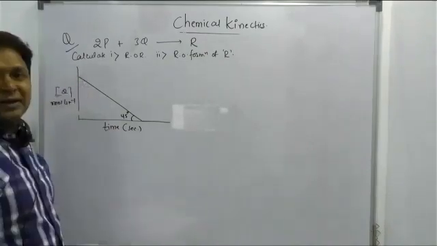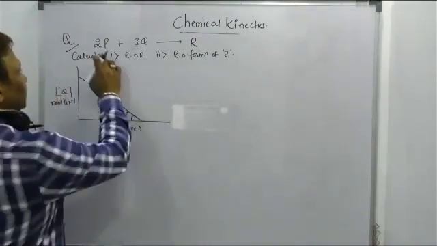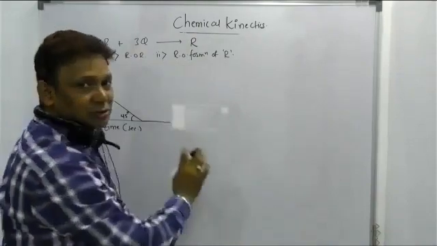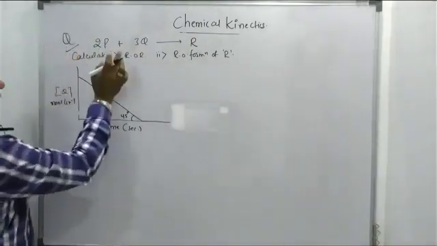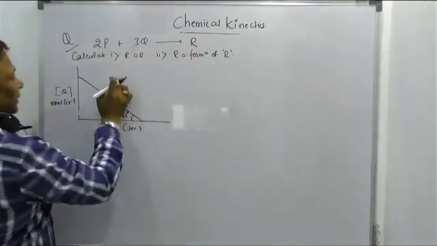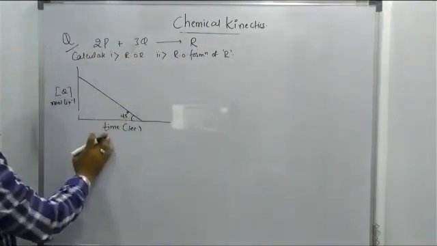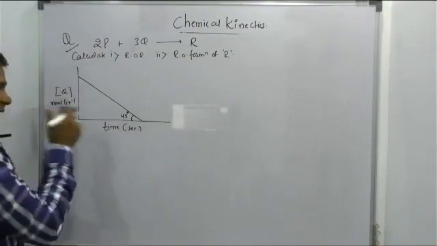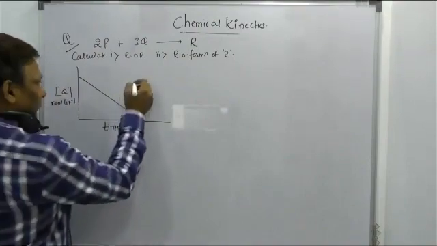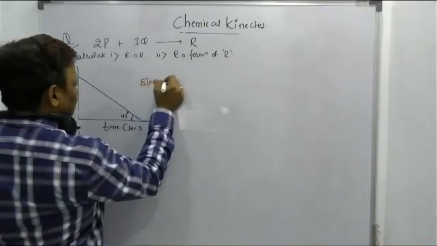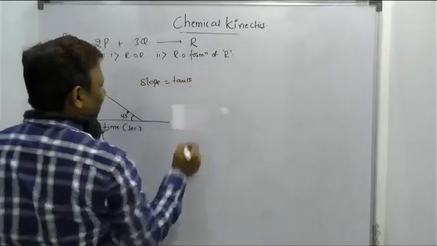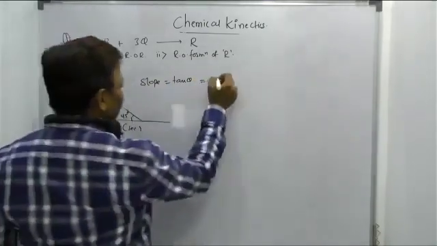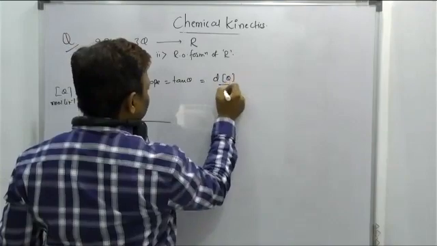But in this question, what they give is 2P plus 3Q gives rise to R. They're asking to get the ROR and the rate of formation of R, that is, the rate of formation of the product and the rate of the reaction. Q is given, time in seconds is given, and the angle theta is given. Get the value of the slope. If you are able to find the value of the slope, that is nothing but tan theta, and tan theta is the change in concentration of Q with respect to time.